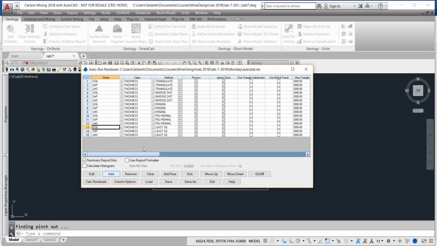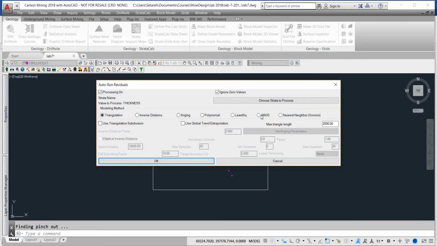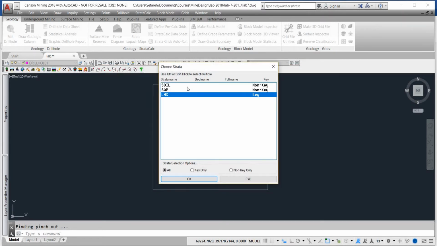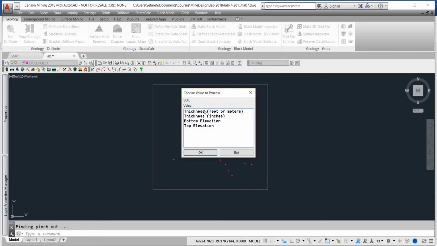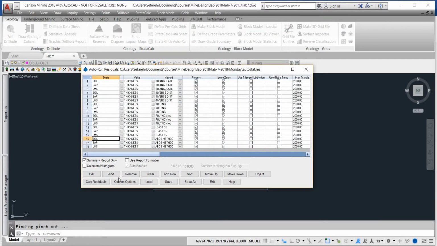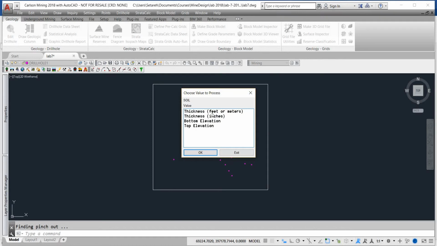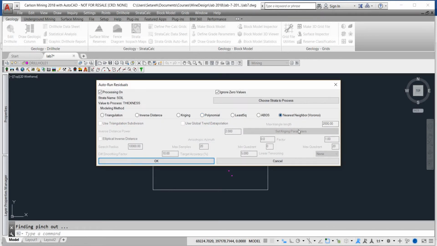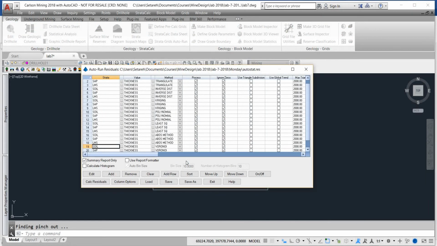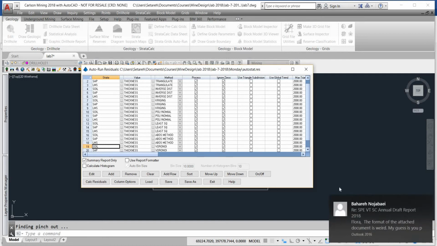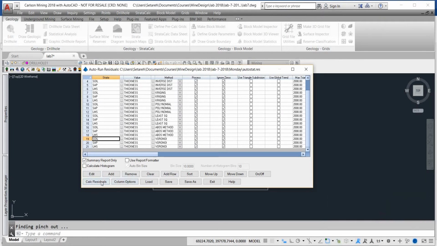And I have those. Add ABOS, choose all three, thickness, click OK. Next is choose all three, thickness, and nearest neighbor, and click OK. So I have all of them, they're saved, and you can now check if everything is fine and you can save this file